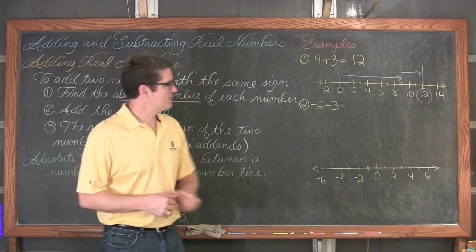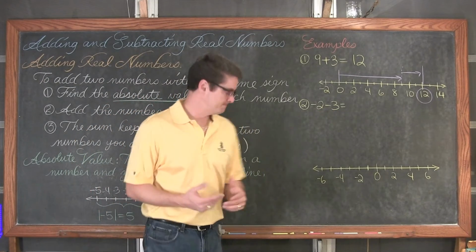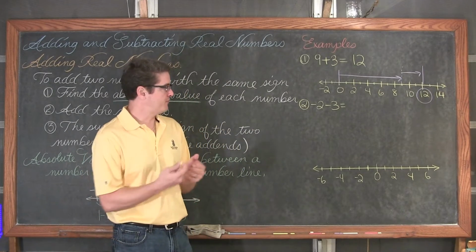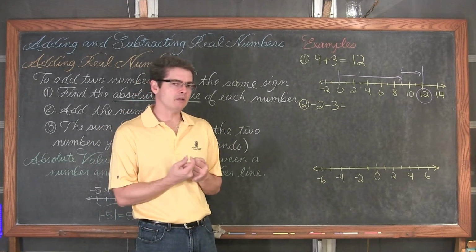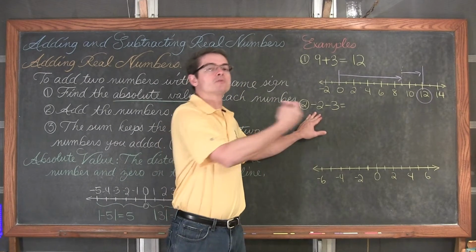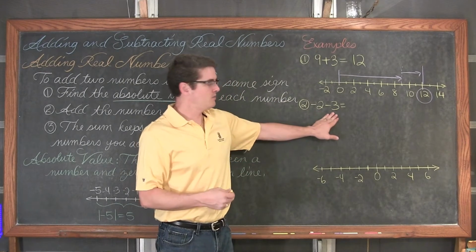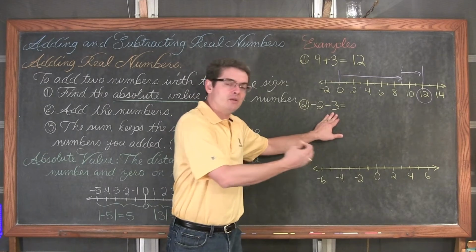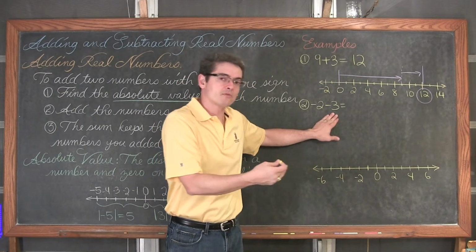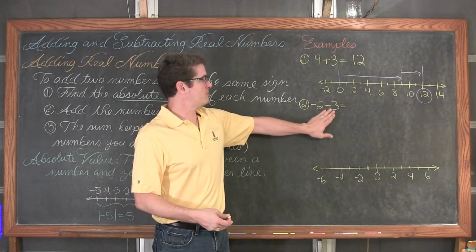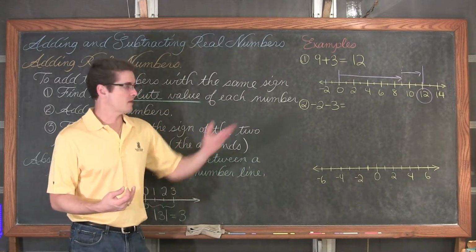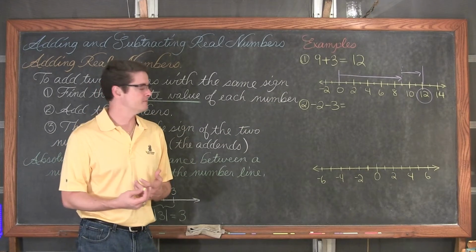Well, here we have -2 minus 3. If you want to talk about money, if you have 0 money in your pocket and you need to spend $2, well, now you're going to owe somebody 2. And then if you need to spend another 3, but you still owe somebody else $2, that means you have to borrow another 3. So if I borrow 2 and borrow 3, that means I owe a total of $5, or the answer to this is going to be -5.